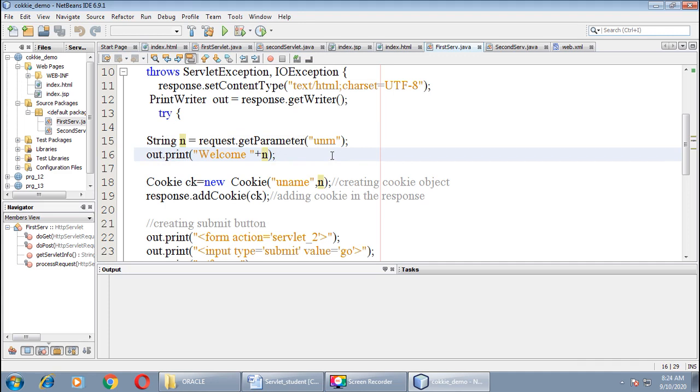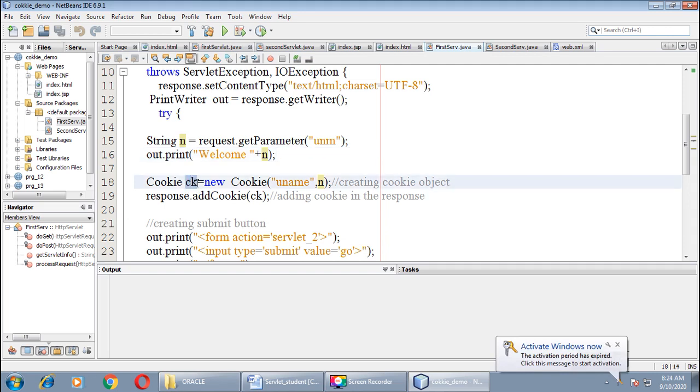Now I want to generate a cookie for this user, so I'll write Cookie ck. For that you have to create one object of type Cookie, as I have already shown you the constructor type, right?